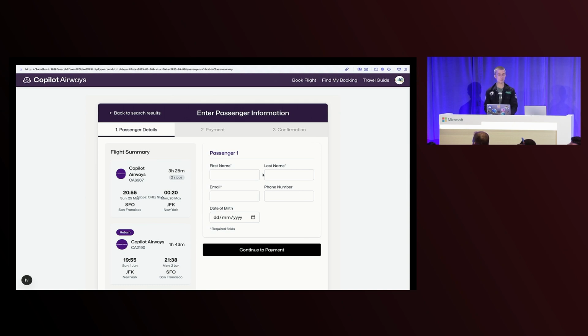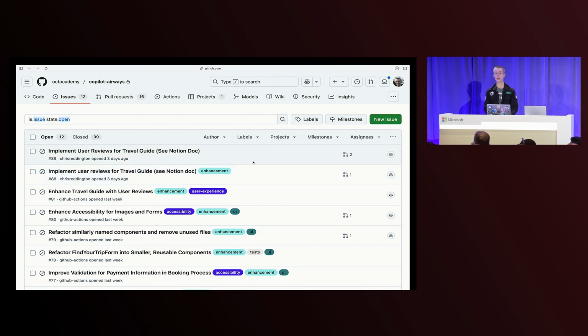Now, obviously, this website, this app is going to be the next big thing. Like any project in my issue tracker on GitHub, I've got a bunch of work to do, of all kinds of different things. I've got new features I want to add, I've got bugs to fix, I've got refactors I want to do, the same stuff you've got in your issue tracker as well. Obviously, I could work through these things, but there's a lot here. So what if Copilot could jump in and help us?